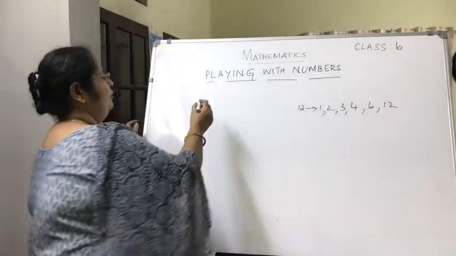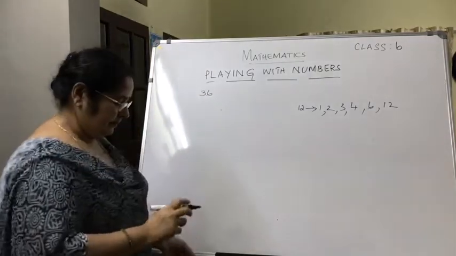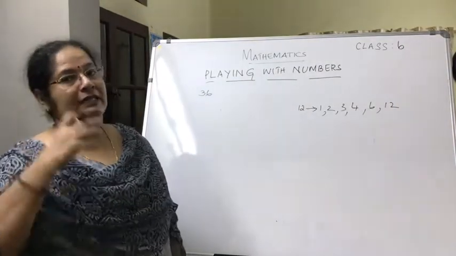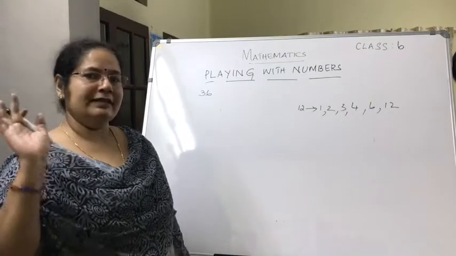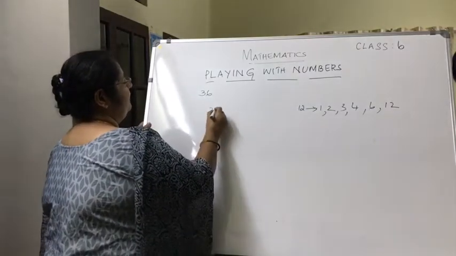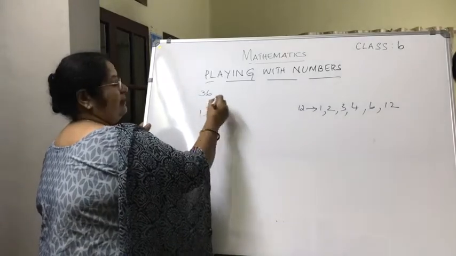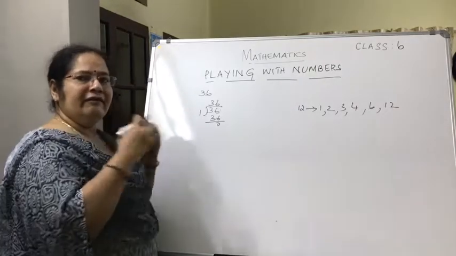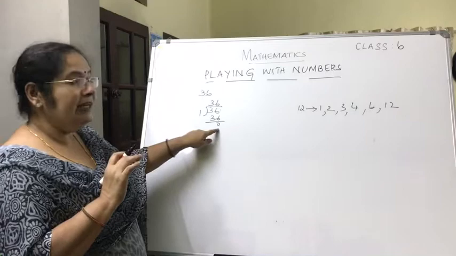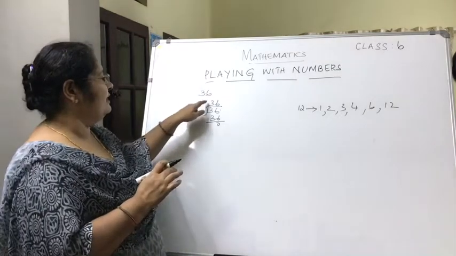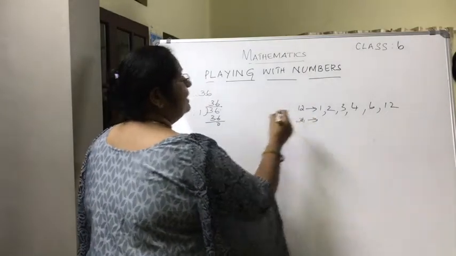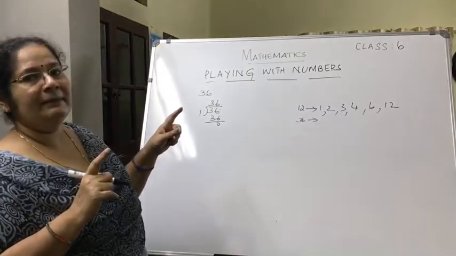One more example we will do. Let us take an example of 36. We are going to find the factors of 36. Now to find the factors of 36, what should you do? Start dividing 36 with 1, 2, 3, 4, etc. up to 9. So 36 divided by 1. 1 36s are 36, remainder is 0. So right now, if you want, you can start writing the factors. As and when you do the division, you find that the remainder is 0, you can write the divisor as well as the quotient as the factors. So you can start writing here 36, the factors. Now when you are writing, how will you write?